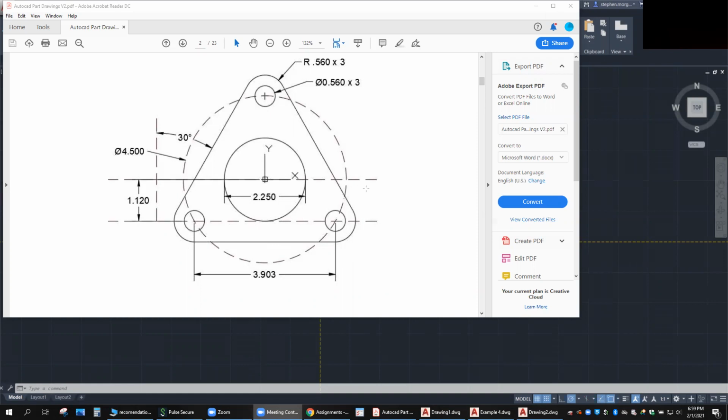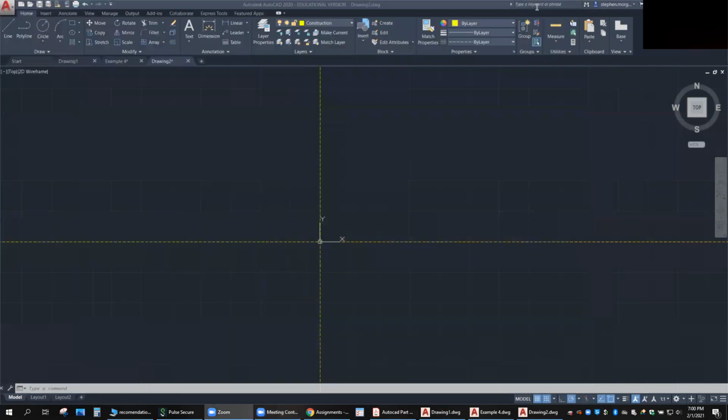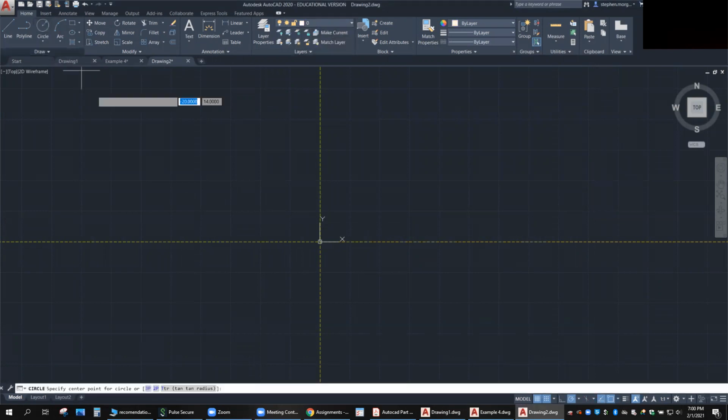So let's take note of these dimensions: 2.25 and 4.5. If you print these out, I would suggest printing these out on paper, or if you have a dual monitor, you can set them up next to you. It's super helpful to be able to look at them both at the same time instead of clicking back and forth like I do on this video. I've got some basic construction lines set up. Okay, so we'll start with our main circle,